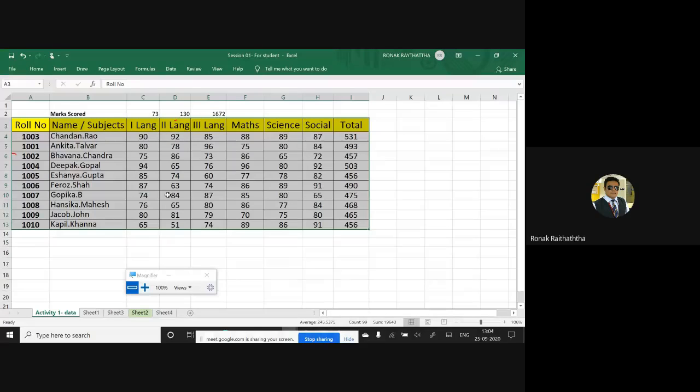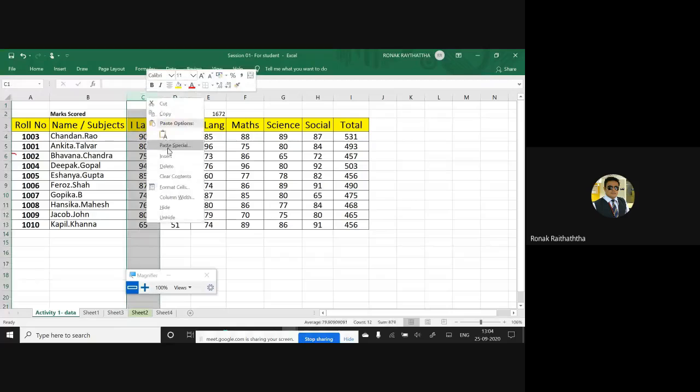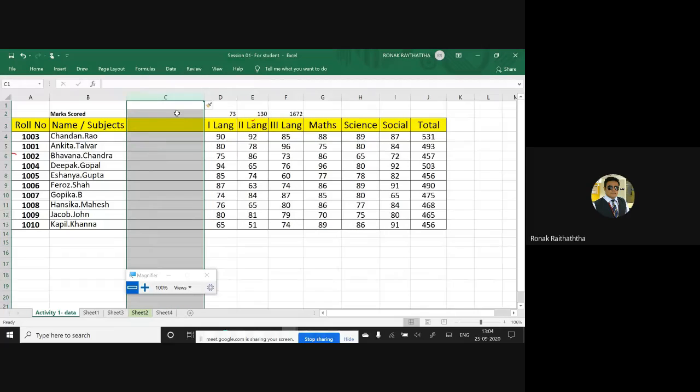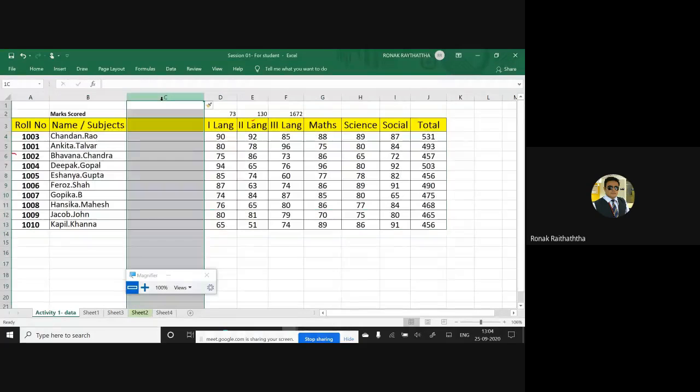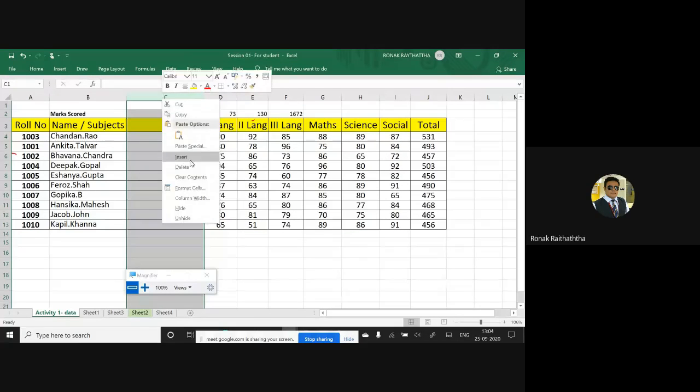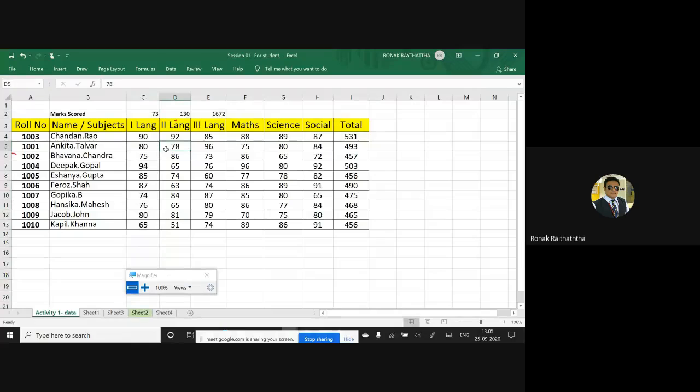Say there is an empty column inserted between these two, then it is not continuous data, it is broken data. I'm deleting this. Now if your data is continuous like this, with no empty column or empty row, there are certain shortcuts which will be extremely useful to you.